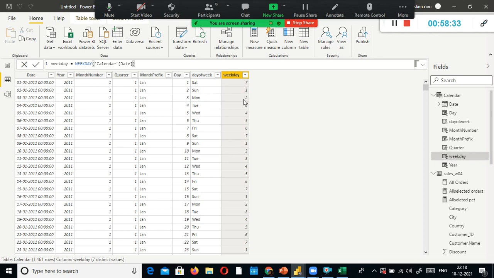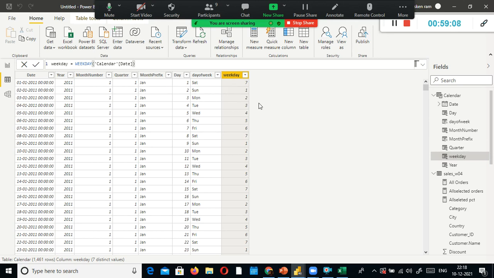So Sunday is the first day of the week, the second day is Monday, third, fourth, fifth, sixth, and Friday is sixth, and the seventh day is Saturday. With the help of the weekday, you can specify it in the proper order. So behind the scene, you can use it. Sunday, Monday, Tuesday, Wednesday, Thursday, Friday, this is the sales bar plot, right? You can plot it that way. The order should be based on the weekday.